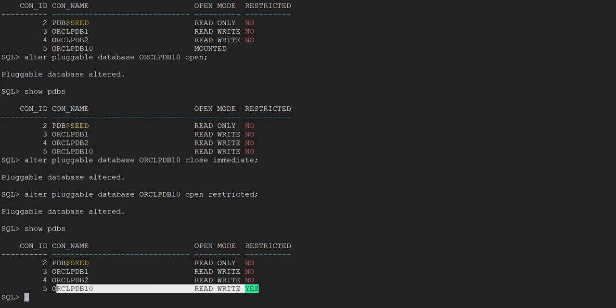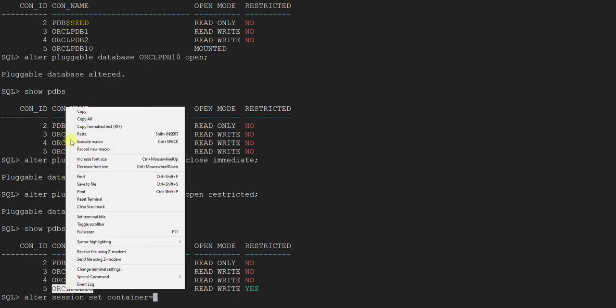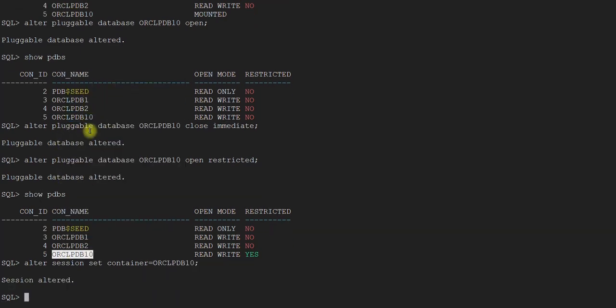Now let's change the container name. For that, let's switch to the container. You are currently in this container.